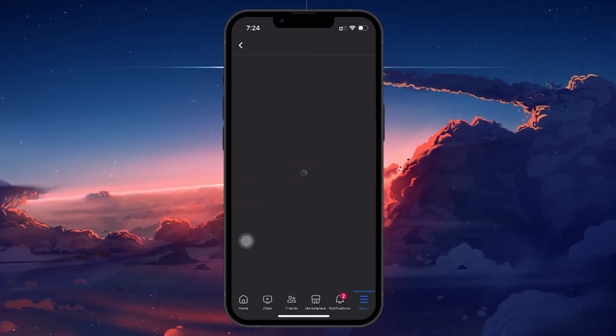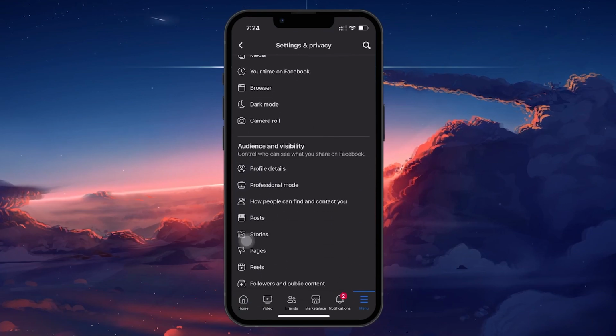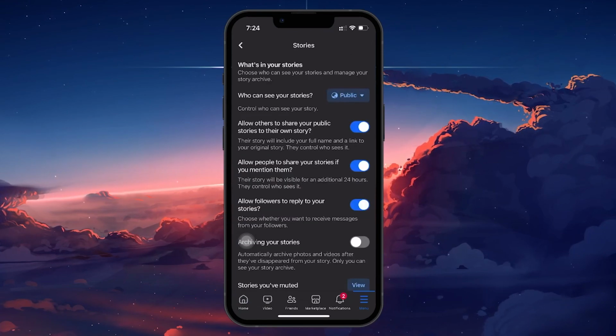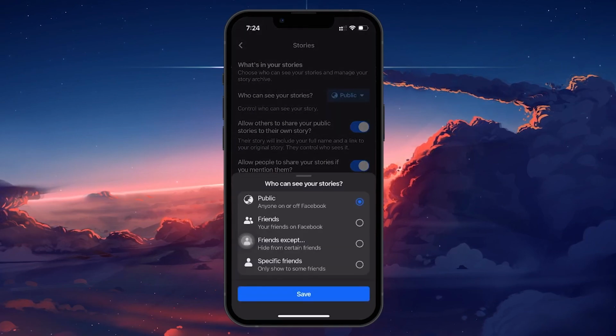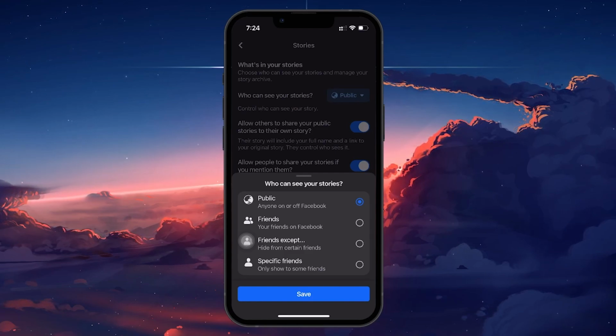On this page, scroll down until you see the Stories option under the Audience and Visibility section. Next to Who Can See Your Stories, you'll have the option to adjust the visibility of your stories. Tap on it to open a slide-up window. This setting is crucial because adjusting the privacy of your stories will simultaneously alter the visibility of your featured photos